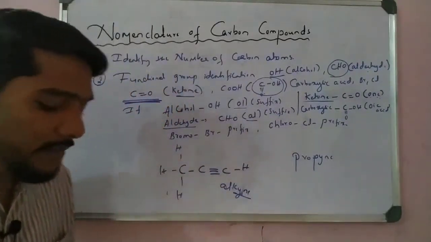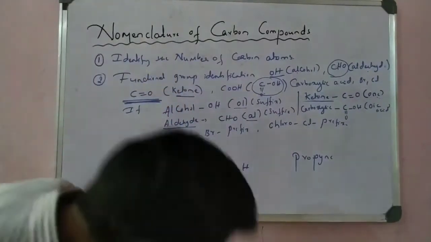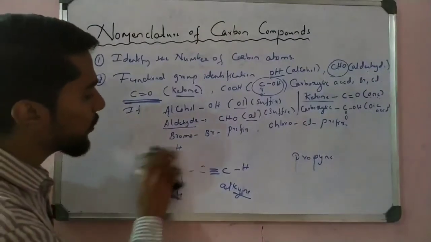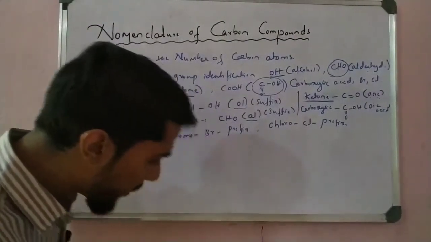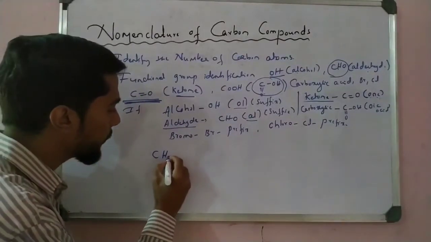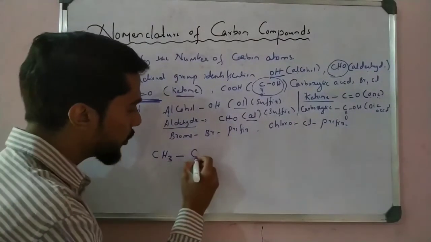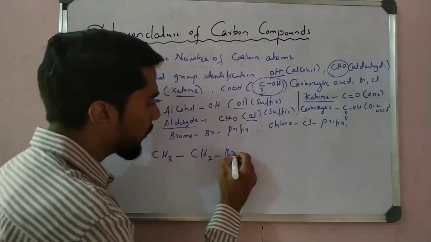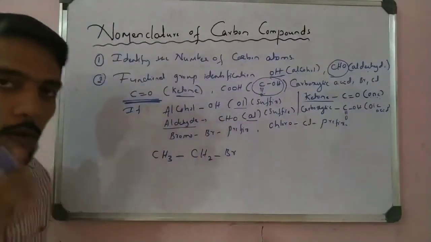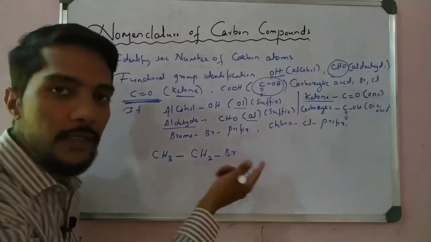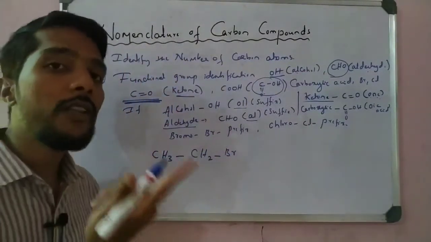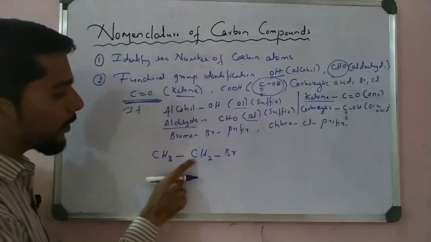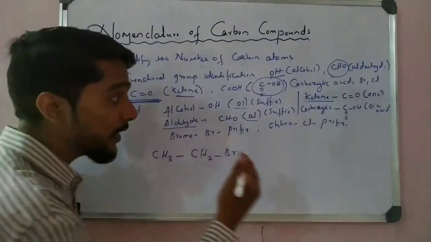So I can take another simple example from the exercise questions. It is very important here. I can take CH3, CH2 Br. Very simple. Which functional group is there? Br is there. Br means the prefix bromo. We know that. Now let us count the number of carbons. See here, 1 carbon, 2 carbon. 2 carbon means Eth.